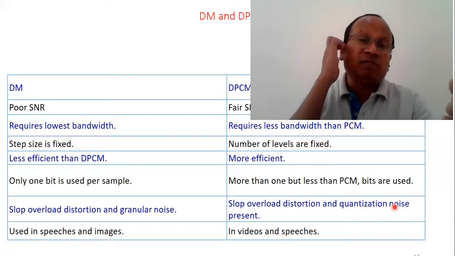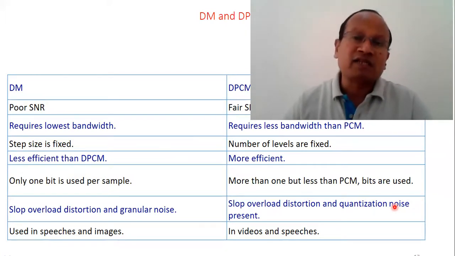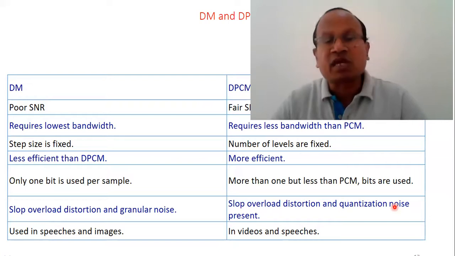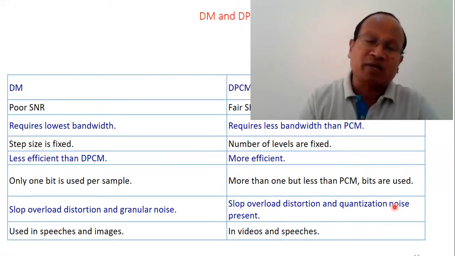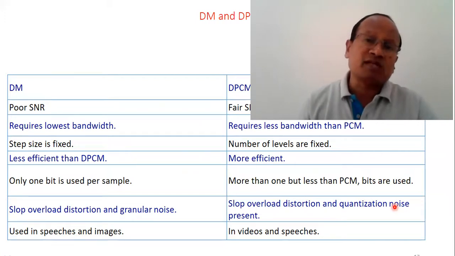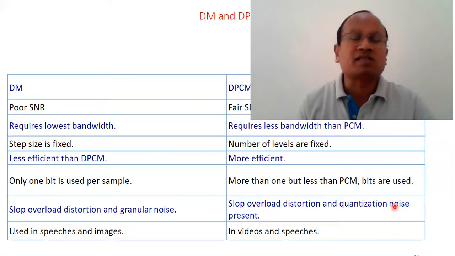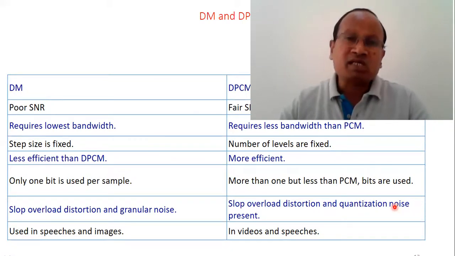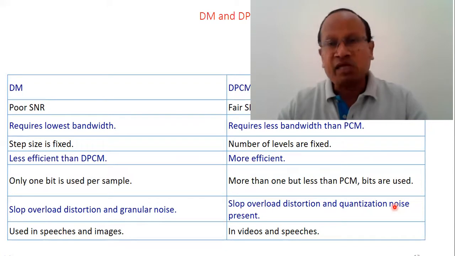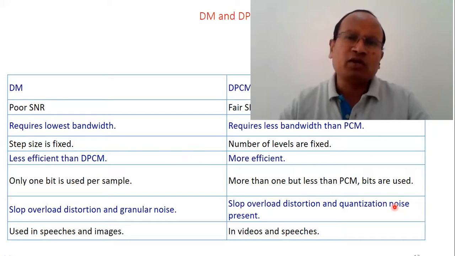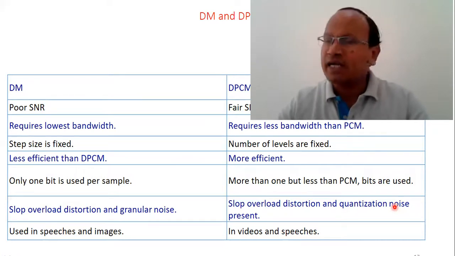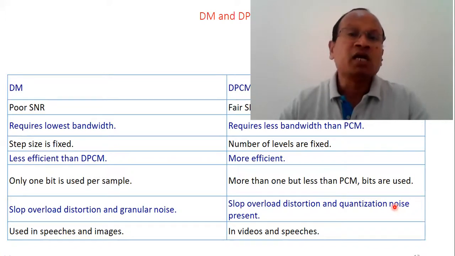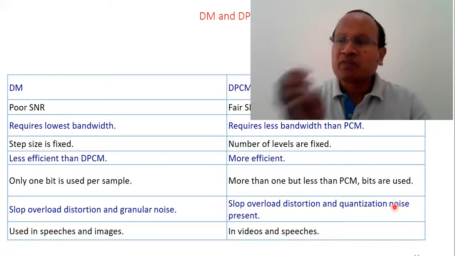An extended form of DPCM is delta modulation, where the difference between the adjacent, consecutive samples is encoded into only one bit, and therefore minimum bandwidth is required in delta modulation. This is the main reason why DPCM and delta modulation are used in image and speech compression applications, whereas PCM is mainly used in speech and telephony, where we do not intend to save bandwidth or compress the data. But wherever we intend to compress the data and transmit over the channel, there we go for